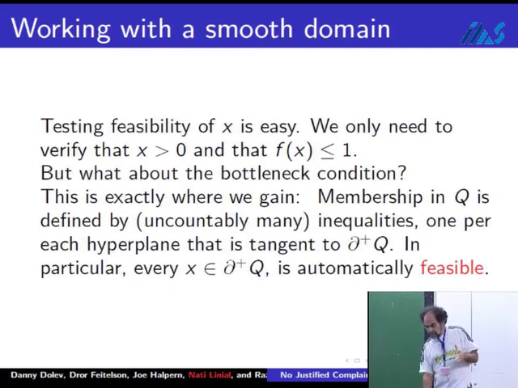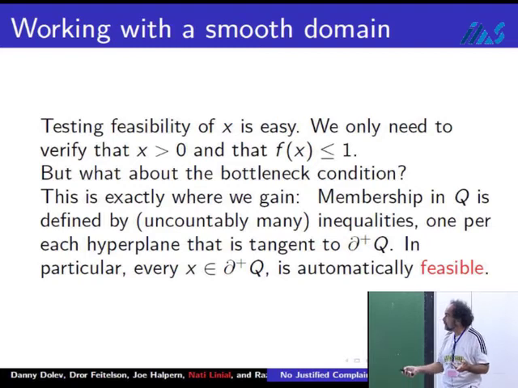You see, Q now is something smooth. It's a smooth domain that's defined by x positive and f of x less than or equal to 1. How do you define geometrically a convex smooth domain? You take all the tangent planes, there are uncountably many of them, and you say I have to be below that hyperplane. So rather than the finite list of inequalities there,